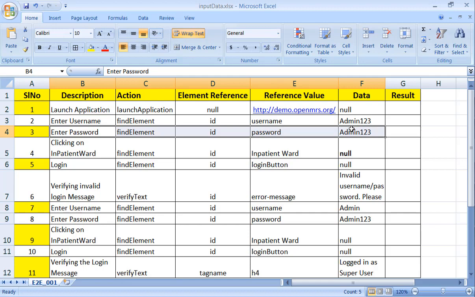So we have written a find element method which is overloaded. It will take 3 parameters in the case of entering the text in the text box, and we have written one more method which will take 2 parameters which will help us to click on the button. I will show the logic after some time. And also we click on the login button and we validate the login message, which is invalid. The reason being